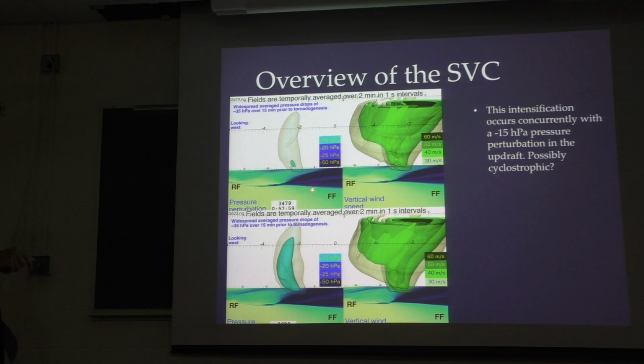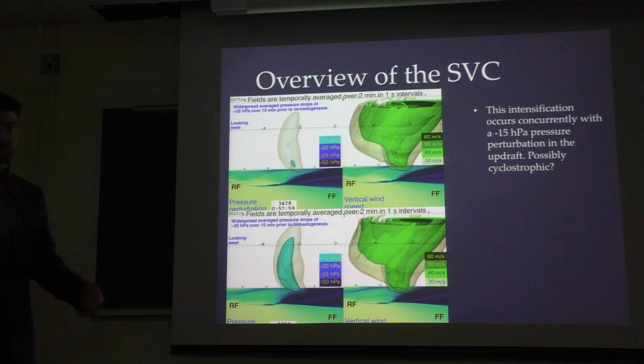This is basically the same period of time, actually a lesser amount of time. This is 3,400 seconds, and this is like 3,630 down here, I believe. But in that time period, you have a 15 hectopascal pressure deficit between the two. And you can also see the lowering of the updraft here. We don't have the height references in this one like we did on the other one, but you can tell by looking at it that it's just longer on the bottom.